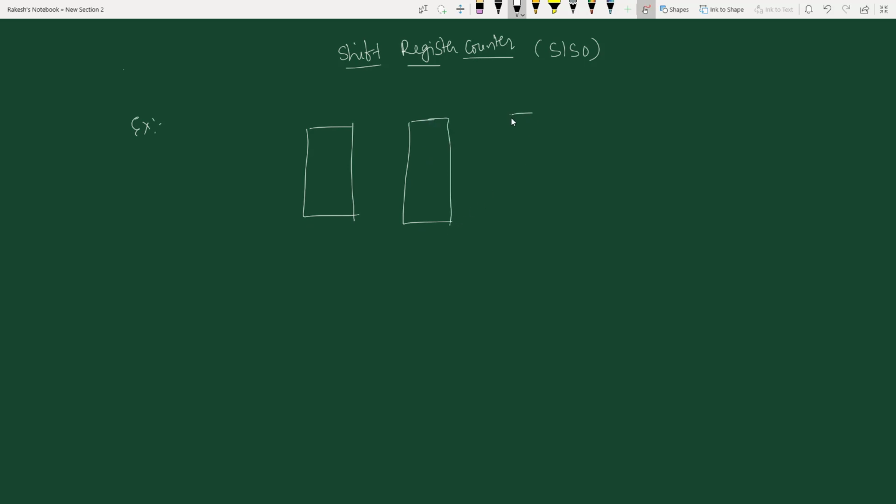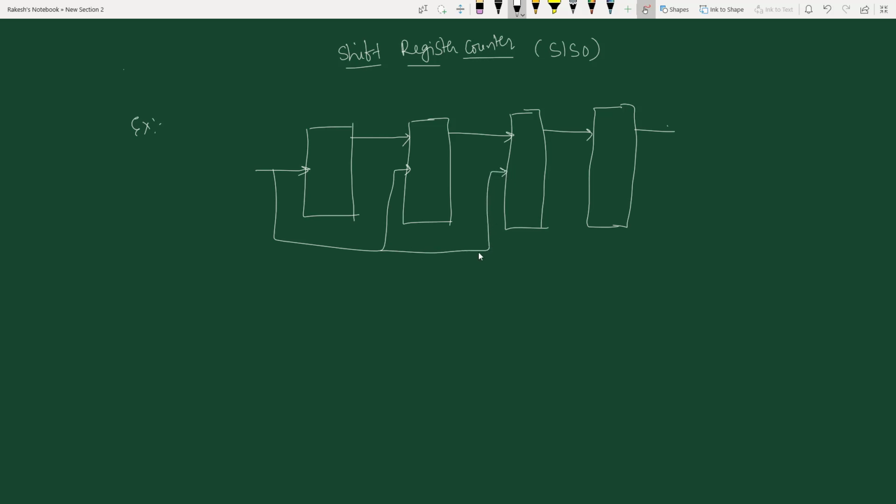Let's take 4 D flip-flops in serial in serial out configuration. This output is given as input here, same thing here, same thing here, and then the last flip-flop output, and the clock is given to all the flip-flops simultaneously. Let's say these are D0, D1, D2 and D3.